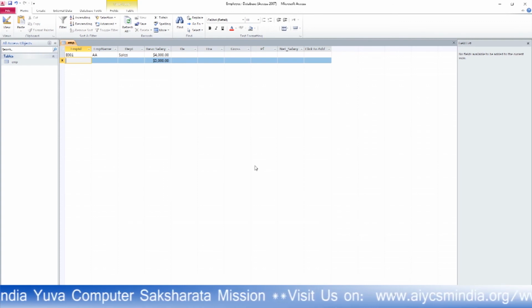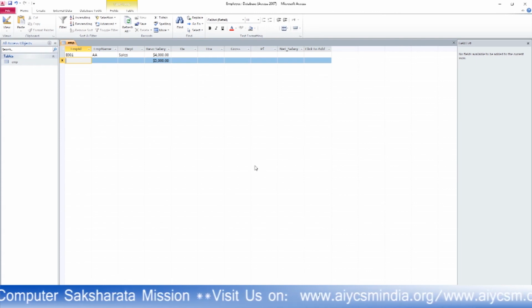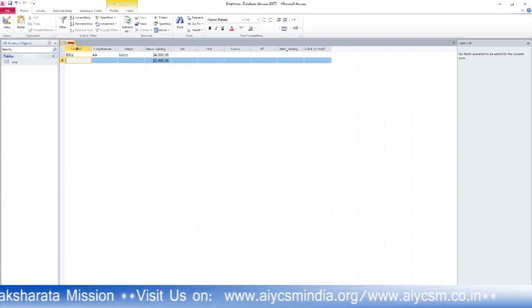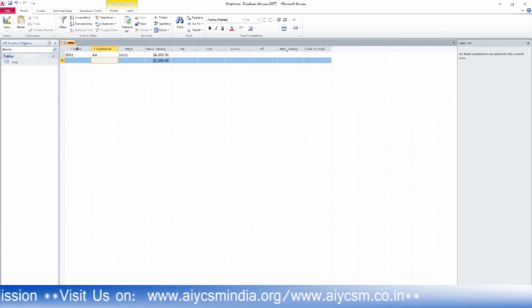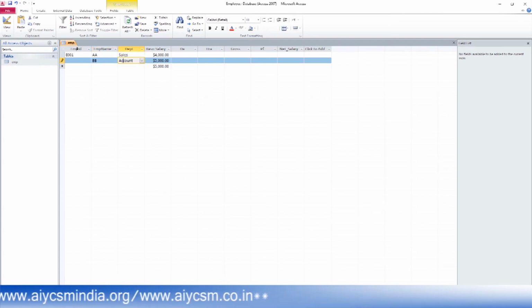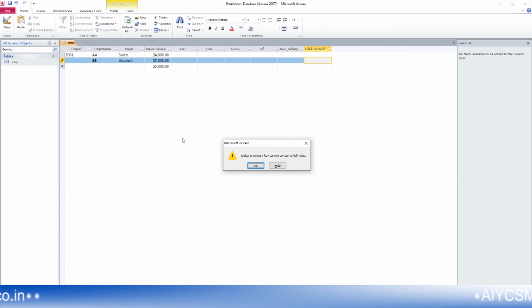If you are not giving this EMP ID, because this is a primary field, you are not giving this value. If you want to go to the next record, here is the message: index or primary key cannot contain a null value. You cannot provide this one as null.